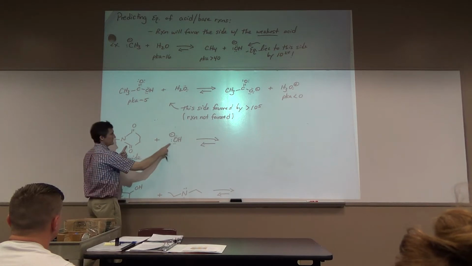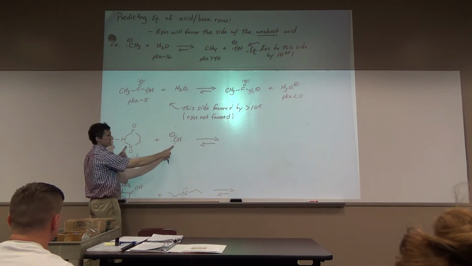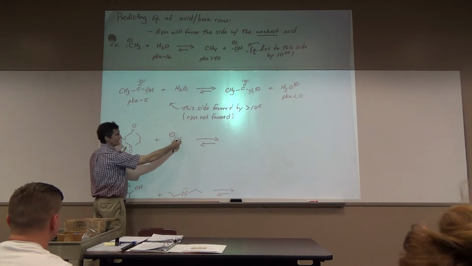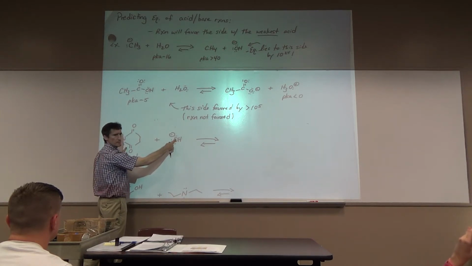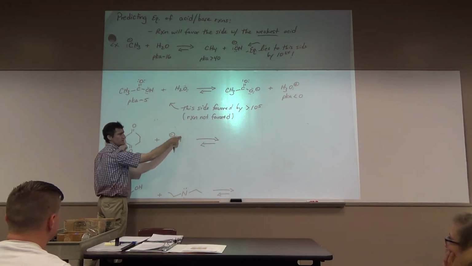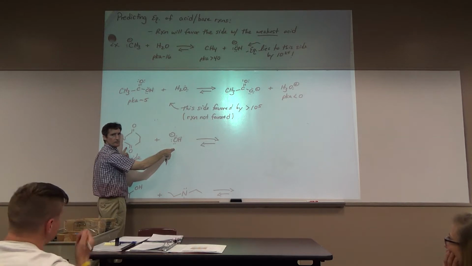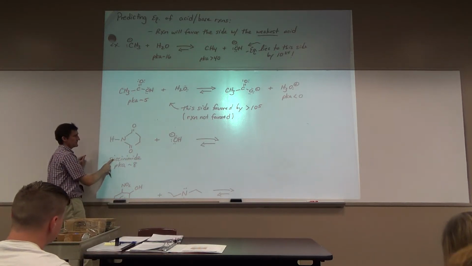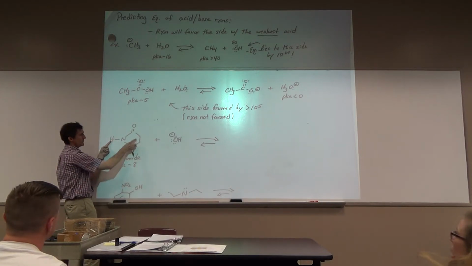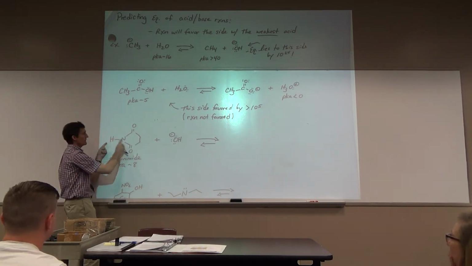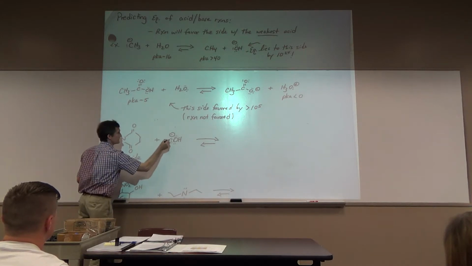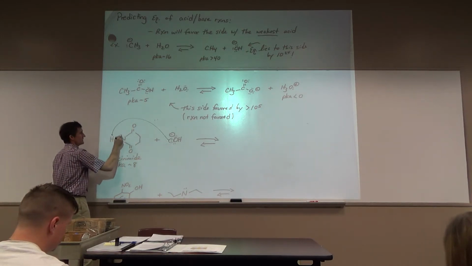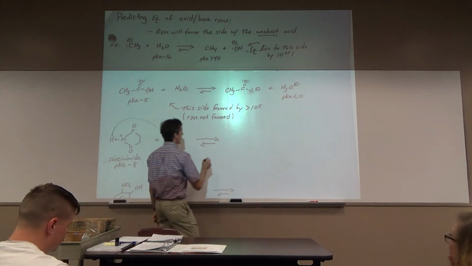Okay, what's the strongest acid on the board? Well, if we take this H off, we're going to go 2 minus. And you probably usually avoid 2 minus, 2 plus in organic chemistry. Also, you guys kind of just know that hydroxide is a base. Okay. So if that's the base, then this must be the acid. What's the most acidic H? The one on the nitrogen or the one on the carbons? Nitrogen. This guy. Okay. These electrons take the H, these electrons move on to the nitrogen, and we get the nitrogen